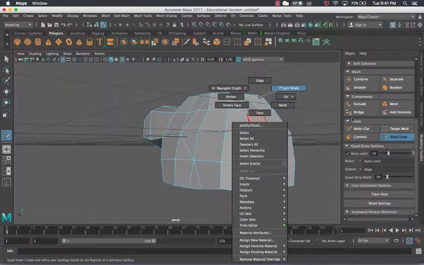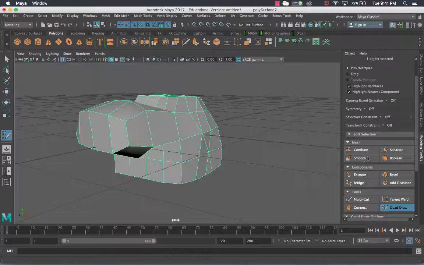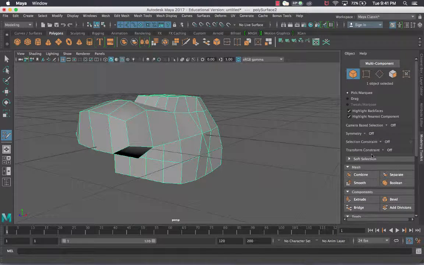So that is just my quick tutorial on the Modeling Toolkit. I wanted to do that one somewhat fast because we've already talked about a lot of these different options that are in here. I would recommend playing around with it. It's a really quick way to get a vertex tool, edges, faces. If you know you're jumping into Maya and you're just going to be modeling for a little while,